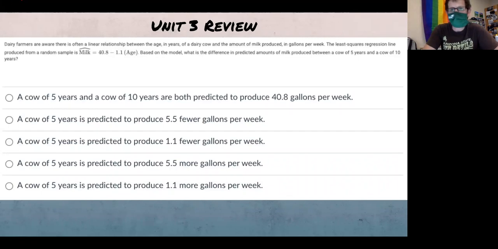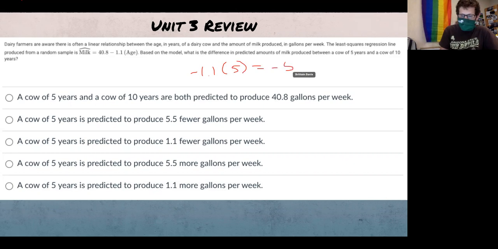So with this problem, we are not looking for an actual amount of milk produced at a particular age. We're looking for the difference between a cow 5 years and 10 years. And the difference, of course, is that the 10-year-old cow is 5 years older. So we know it's going to go from some amount of milk produced to minus 1.1 times an extra 5 years. So it's going to be negative 5.5. You would predict,